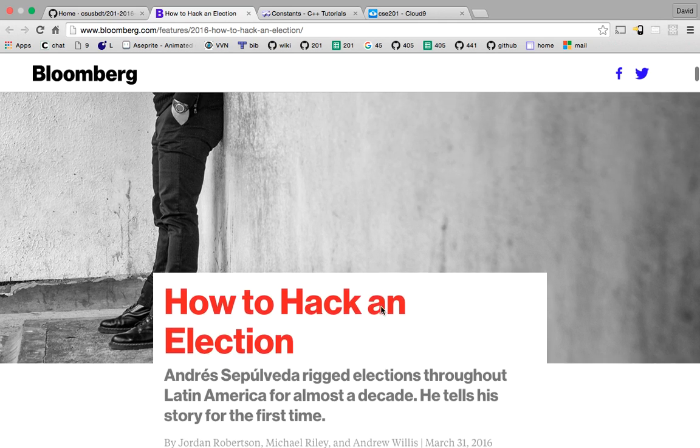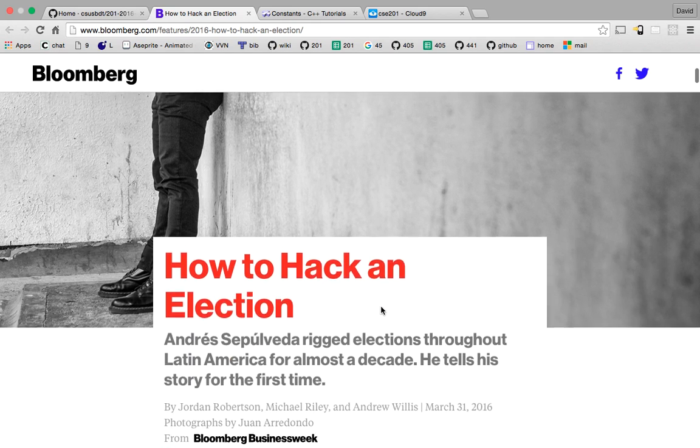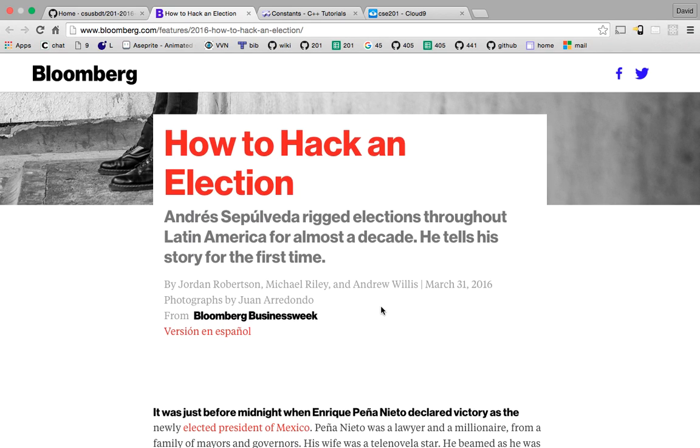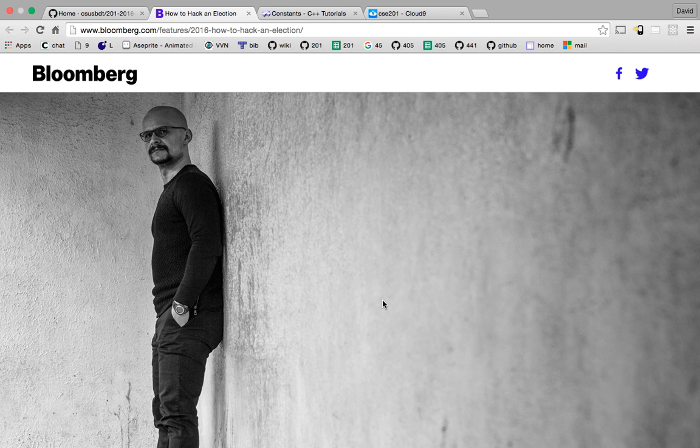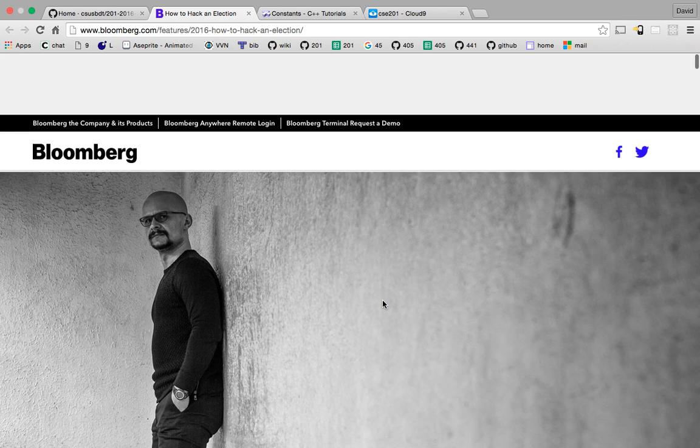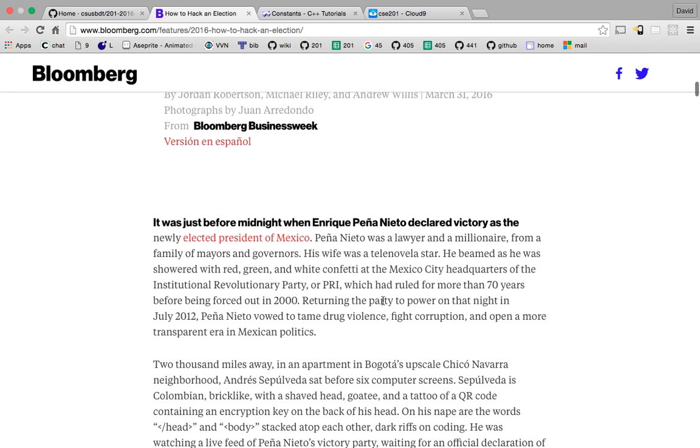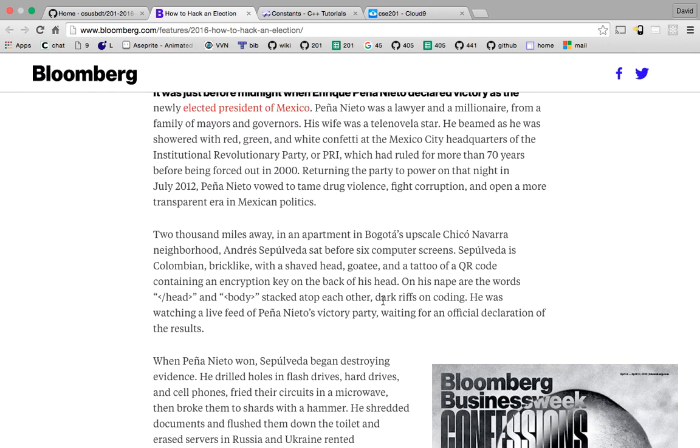And he's been working in Latin America for almost a decade, it says here. And he's been basically rigging elections. I doubt he's the only one doing it. And he does it with his programming, right? And the article is just fascinating. He's been arrested. He's in jail,